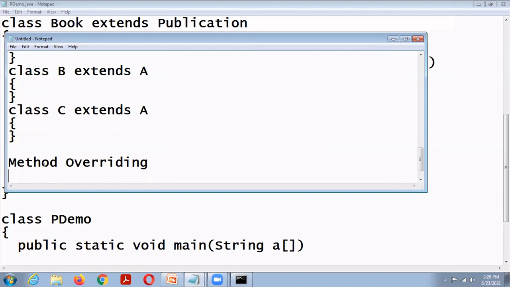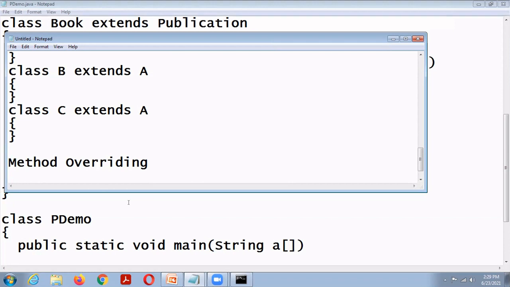So we can define more than one method with the same name, but the format is different. That is called method overloading. For method overloading, only one class is enough. But method overriding occurs in inheritance. Method overriding means the subclass method overrides the superclass method, because both super and subclass contain the same method with the same format.